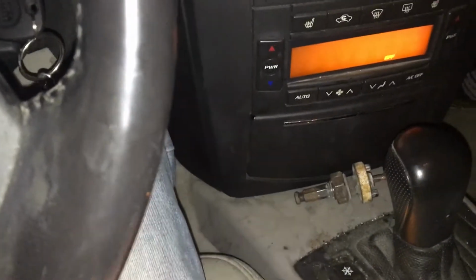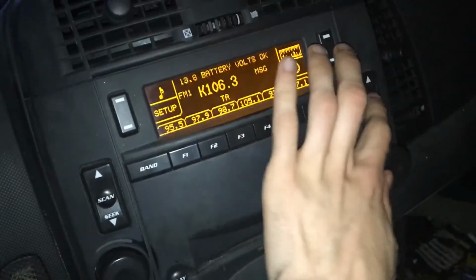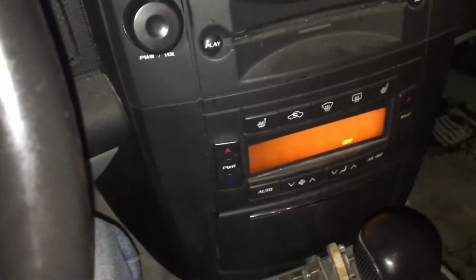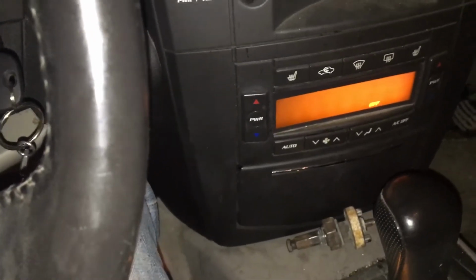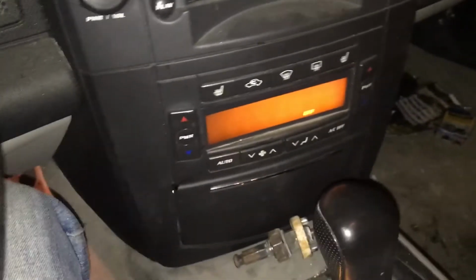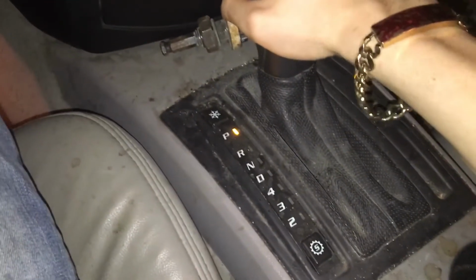And then I pulled the 15 amp fuse for the ECU, the computer that controls the whole car, and put it in, and then pulled it out and put it in, and after that it reset the computer, and now it actually does what it's supposed to and goes into every gear as it should. But the problem now is that this car was leaking fluid, and I thought it was the coolant,